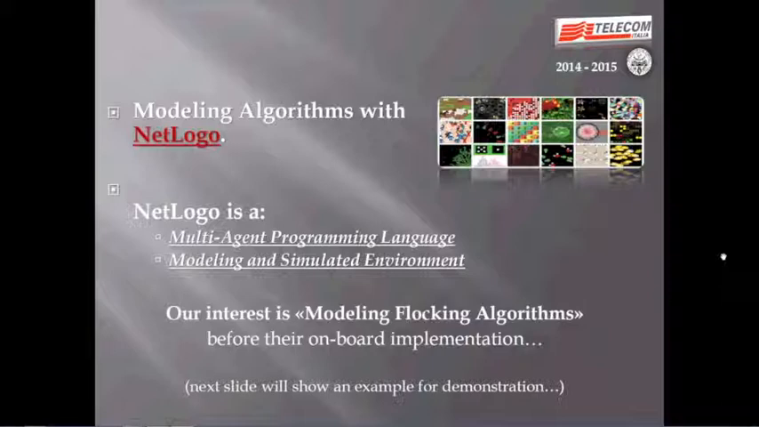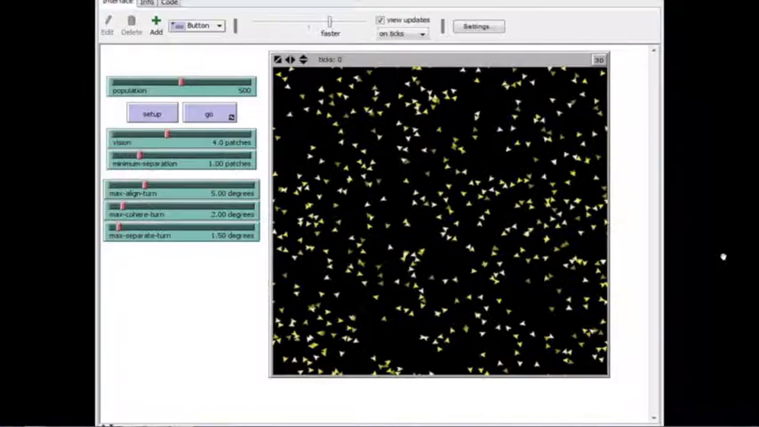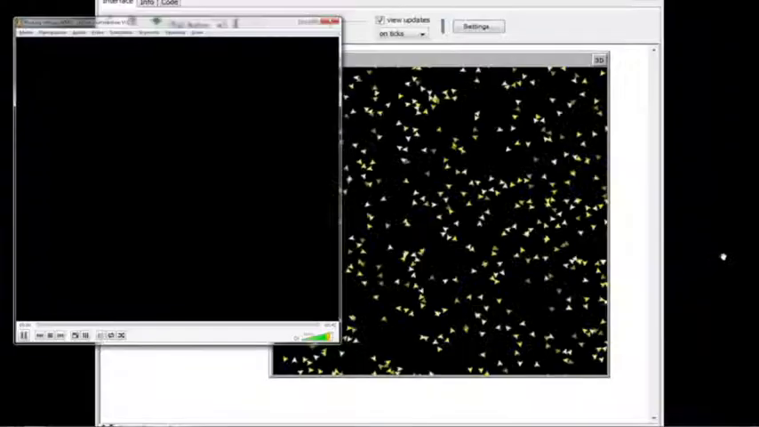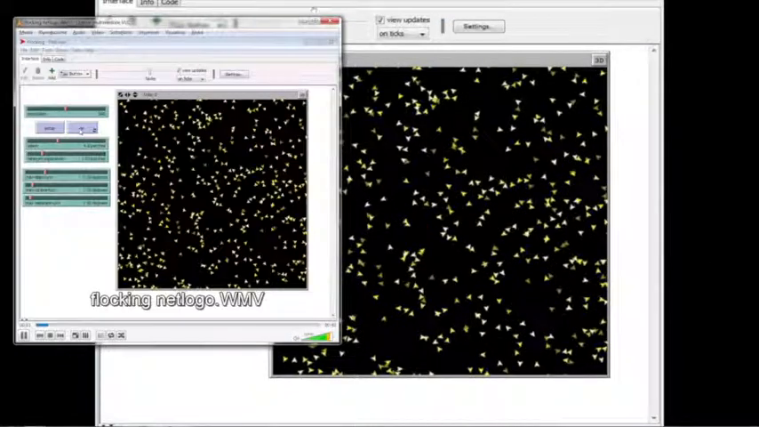The model will be done with the use of NetLogo, that is a simulation and modeling environment, and it is at the same time a multi-agent programming language. But our interest with NetLogo is to realize algorithms and model flocking algorithms before their onboard implementation. In the next slide, I want to show